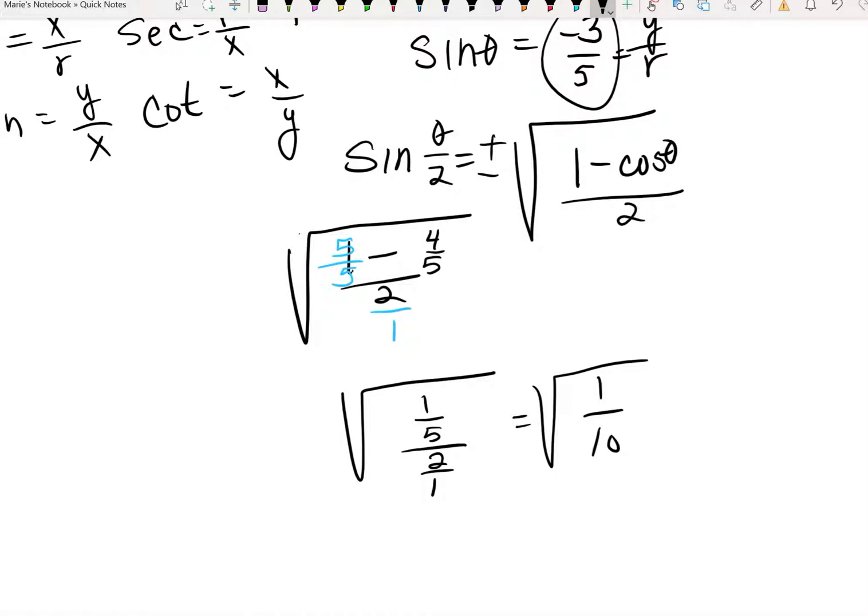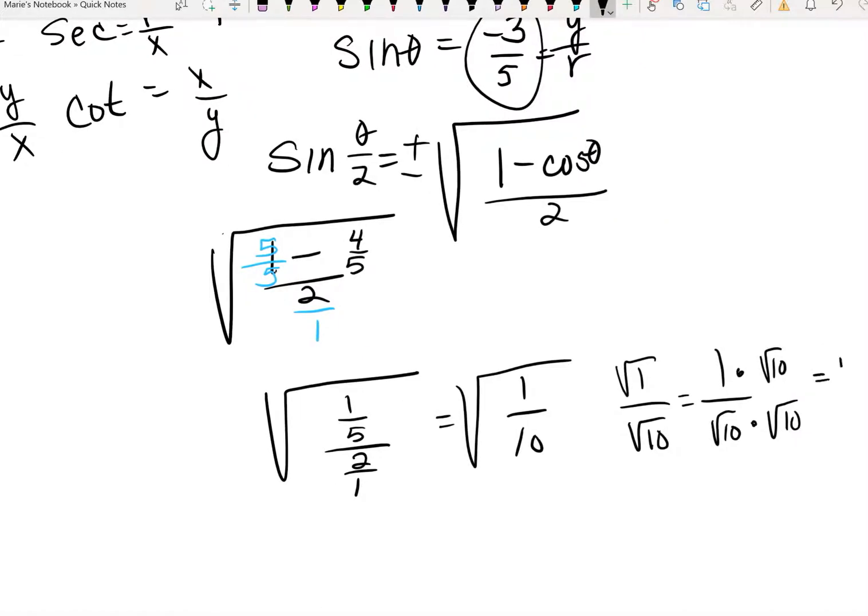If we break it up, square root of 1 over square root of 10, we know that this is basically 1 over square root of 10, but we don't like radicals in the denominator, so we multiply square root of 10 times square root of 10. Our final answer then becomes square root of 10 over 10. Alright, I believe your answer choice is B,